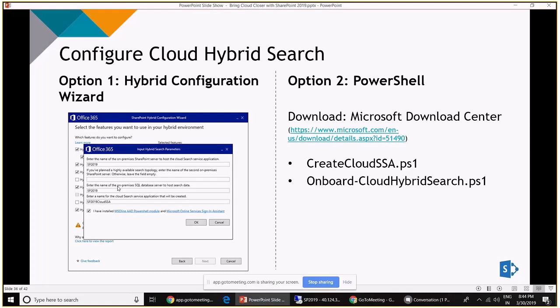The next thing is that we need to specify the SQL Server database, which we can place here, and then the name of the SP2019 Cloud Search Service application, and you can click OK, and it will create a new Cloud Search Service application for you. The second option is that we can create this using the PowerShell scripts which are available